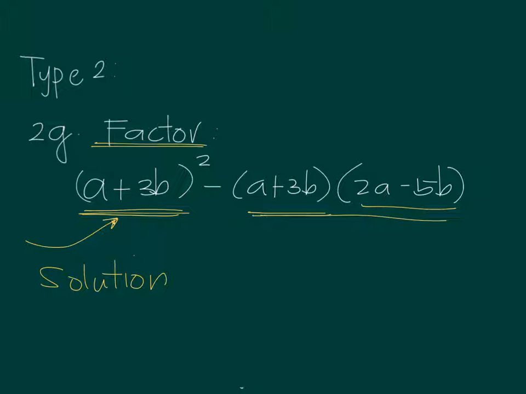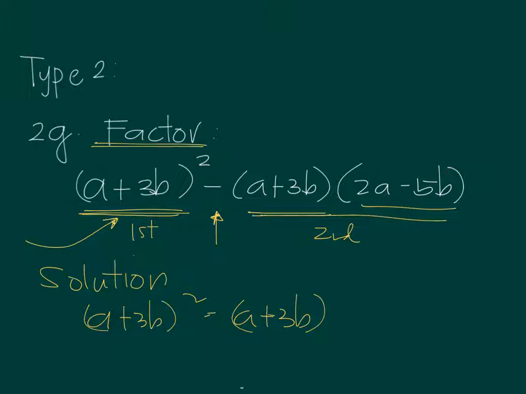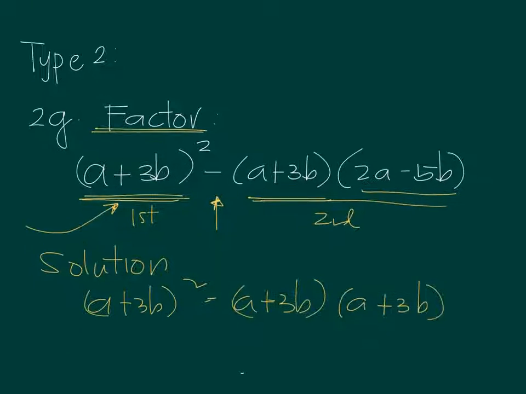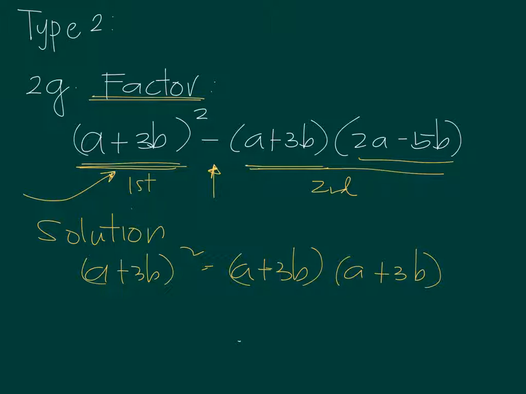The groups are basically divided by the operations plus or minus. So this is the main operation. So this is the first group and then this is the second group. The first group has (a + 3b)², and (a + 3b)² means (a + 3b) times (a + 3b). Okay, so if we factor out a + 3b from each group, then the first